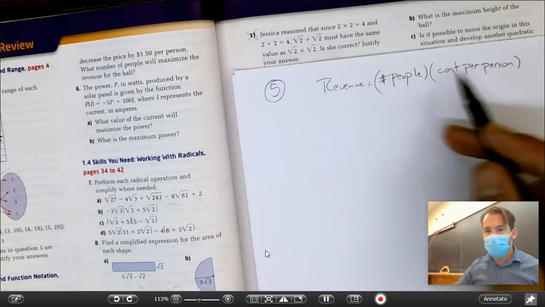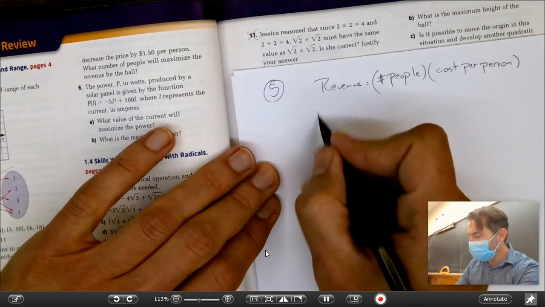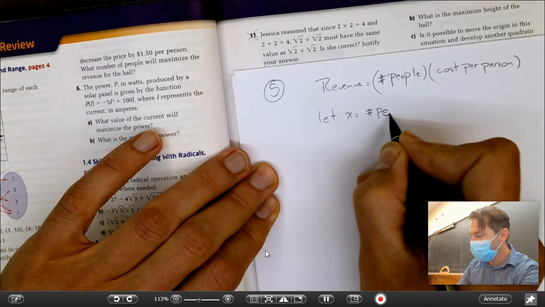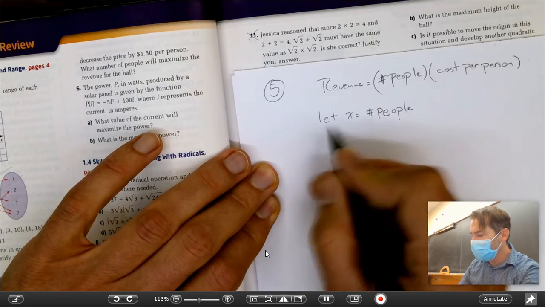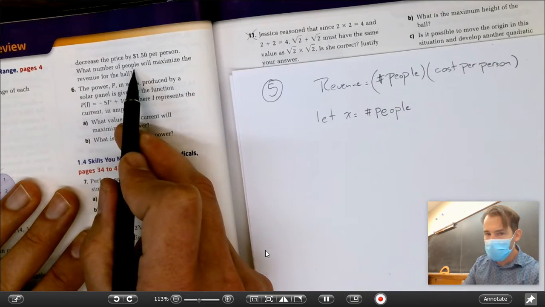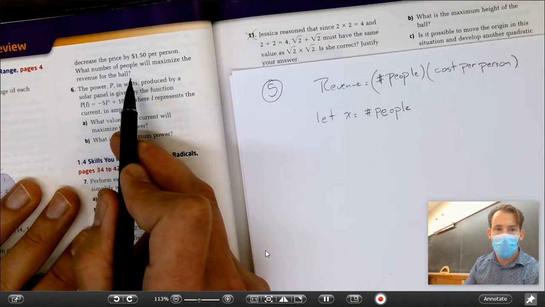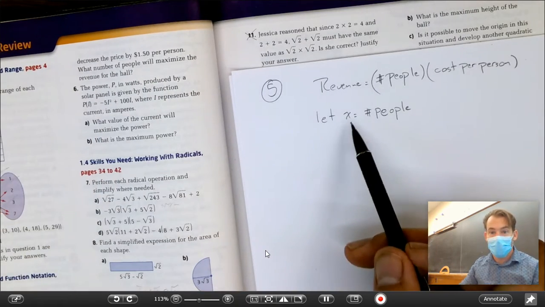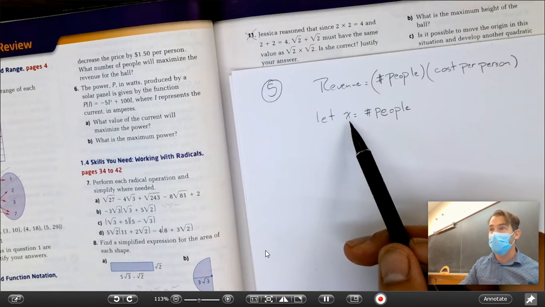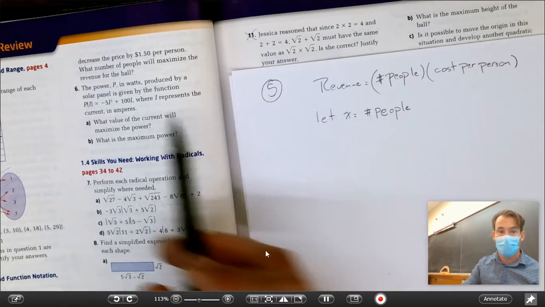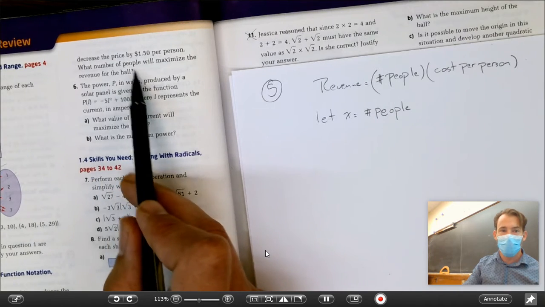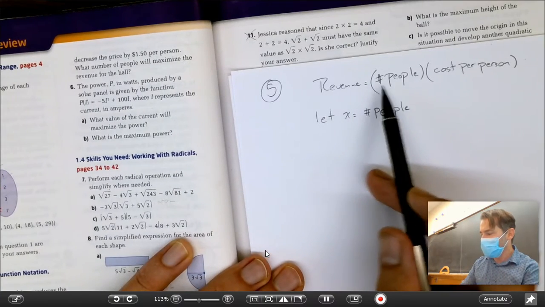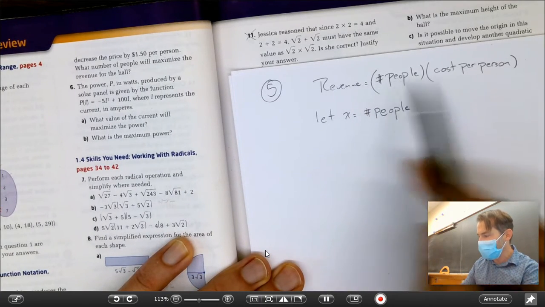Okay, now number of people, well, let's let x equal the number of people, because we don't know yet. That's what we're looking to find, and that's a real clue in the question. What number of people will maximize the revenue for the hall? Okay, so there's going to be some number of people. We don't know it yet, so let's let that number be an x, and then we'll find it. That's the real clue for our let statements, is this, like where they finally get to a question mark. That's where you're going to make your let statement. And then we can see, well, revenue is going to be equal to x, number of people